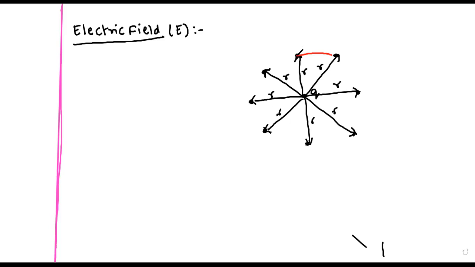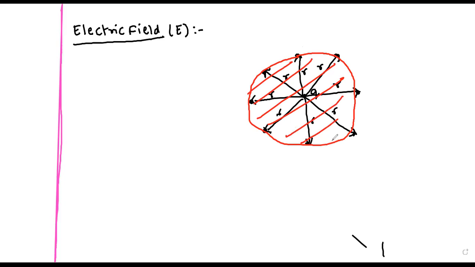The locus of the points at which the distribution of the charge is the same, I am shading this region, can be called as the electric field. Now here, that point of concentration is